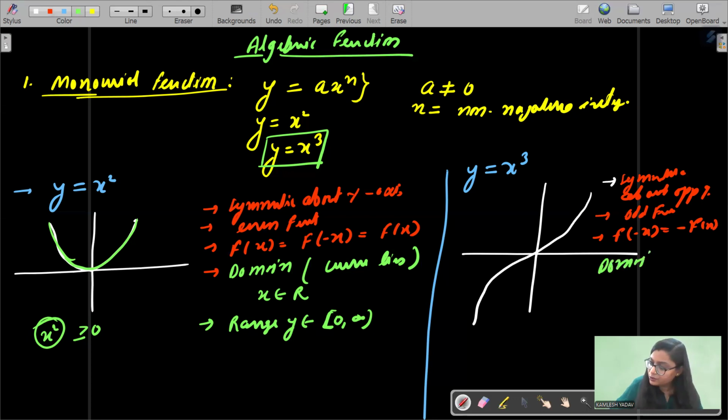For the domain condition, we see here the curve which lies between plus infinity to minus infinity. It means here the domain x belongs to R, and the range also belongs to R. It is clear from this graph because the curve lies between plus infinity to minus infinity. So these are the two examples of monomial function. Okay. Now in algebraic function, the next form is